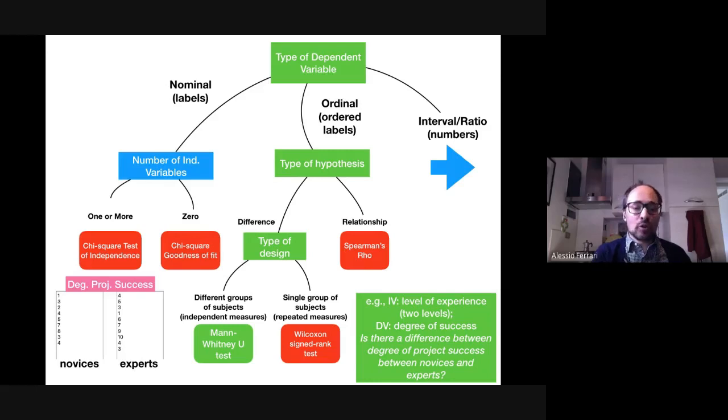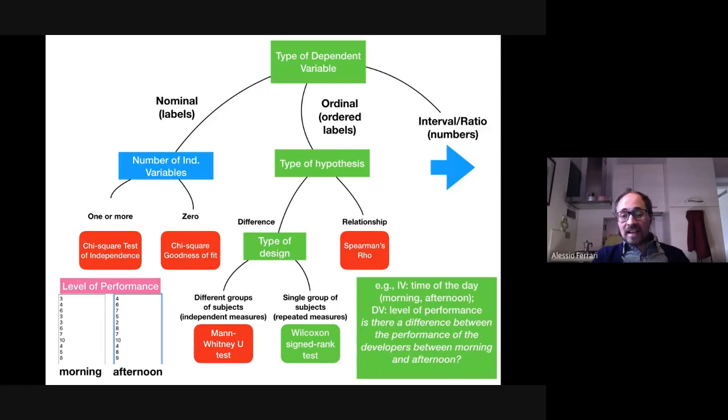So I have taken 2 groups, and the results of the group of novices for the degree of project success are in the left column, and for the experts in the right column. It's basically comparing these two lists of values. And the Mann-Whitney U test is the one that is normally used. I will not show the results, because it would be similar to what you've seen for the other test, and also the frequency of this type of test is not so high. The alternative is